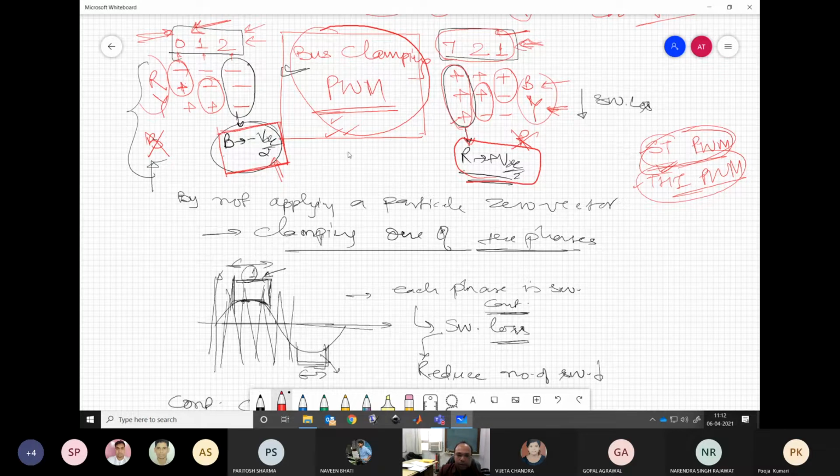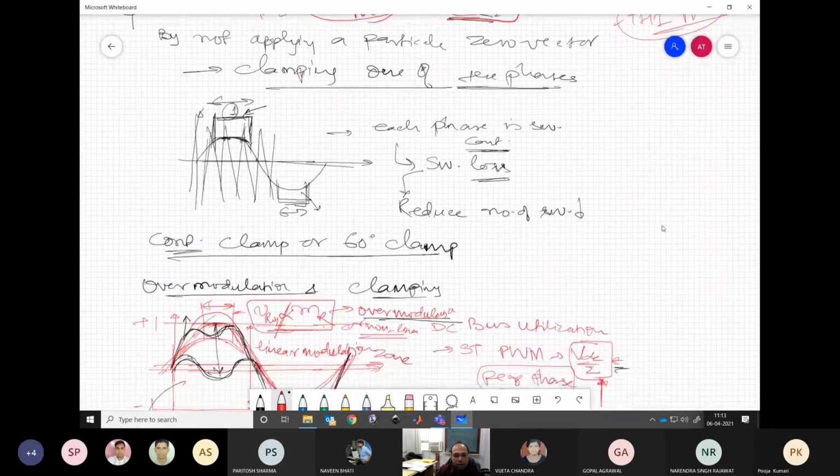So we do not need to compute what the common mode is for this. This computation is not required. We do not need to know what the limit is for our modulating signal and all. We need to simply apply the sequence according to the computed times and the switching cycle time period, TS. So this is what we saw.